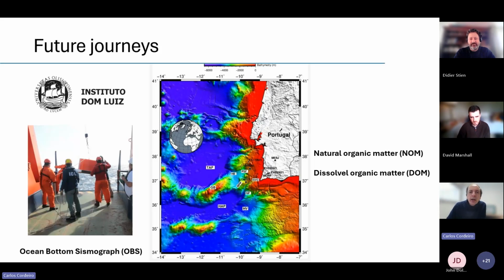But the idea with this hitchhike is that this institute drops these OBSs with, I would say, a very high frequency and with a very good mapping of the bottom of the Atlantic. If you look at the borders of Portugal here, you can see the platform, 200, 250 meters. And these are some of the locations where these OBSs have been dropped. In some cases, for example, in abyssal plains, about 6,000 meters deep and something a little bit lower.